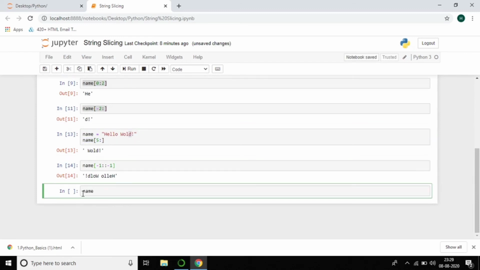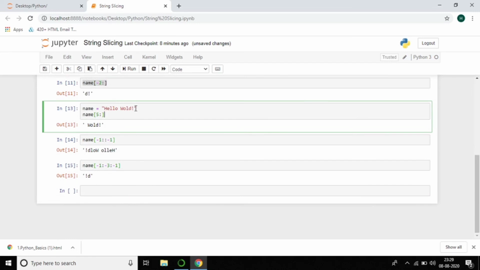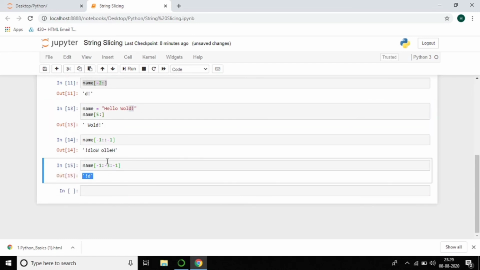You can see I'm accessing the last two characters, which is reversed. -1, that is I'm taking the last character, and I'm reversing up to -3, and again I want to print only -1. You can see I reversed my characters, which we can see. Hello world I'm printing, and it is reversed. So this is the way to reverse the characters.